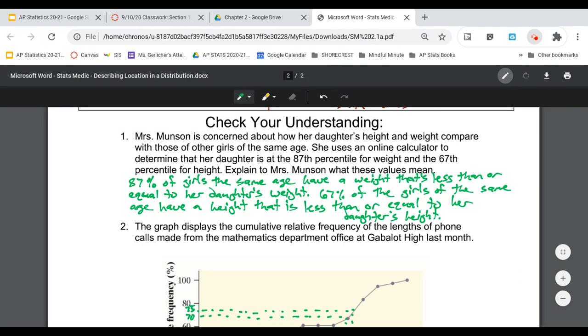Okay, so looking at number 1, this is an interpretation question, and they have questions like this on the AP test, and it's easy when you're doing your homework to just skip them because you're like, I don't want to explain what that means, but you really do have to practice the wording and getting the wording correct. I'm telling you, it will haunt you if you skip these. Okay, so basically we're learning that 87% of girls the same age as Ms. Monson's daughter have a weight that's less than or equal to her daughter's weight. And 67% of the girls of the same age have a height that is less than or equal to her